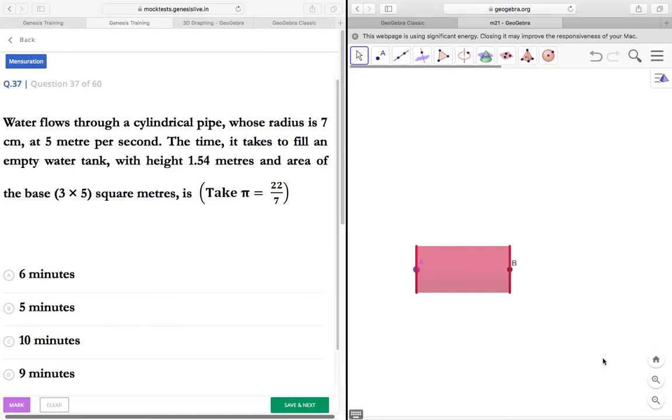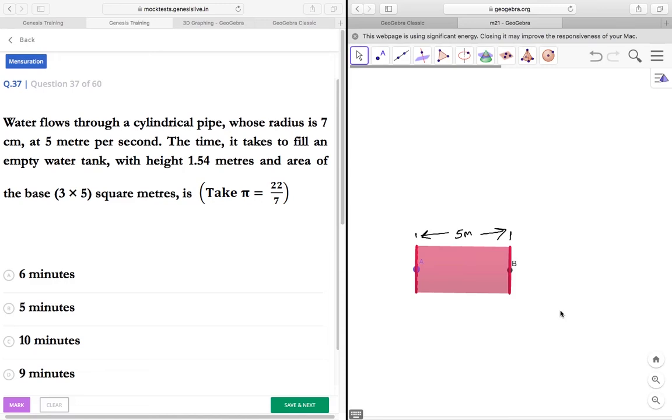37th. Water flows through a cylindrical pipe. This is a cylindrical pipe whose radius is 7 centimeter at 5 meter per second. So what does that mean? 5 meter per second, the speed. It's nothing but, for example, if this is 5 meters, then it simply means that the volume of the water inside the cylinder of length 5 meters gets emptied in 1 second,